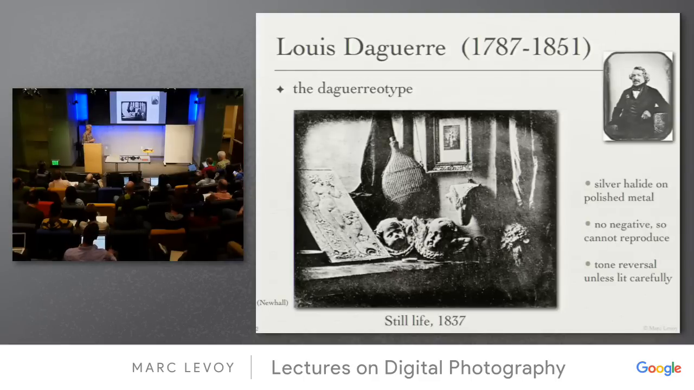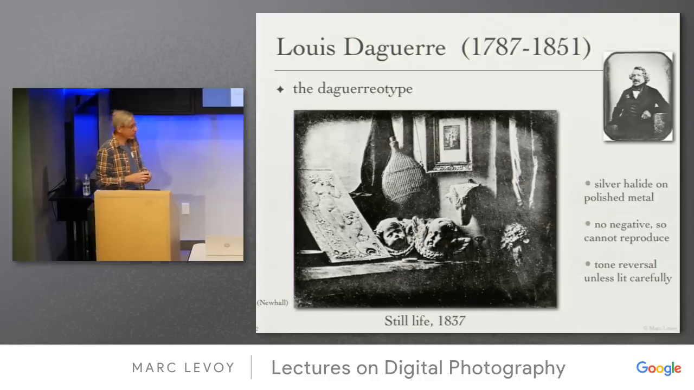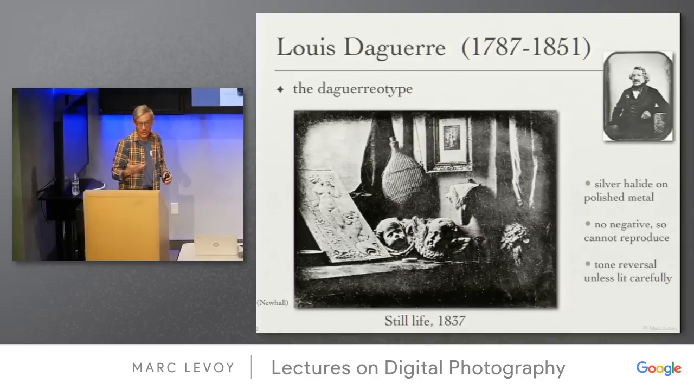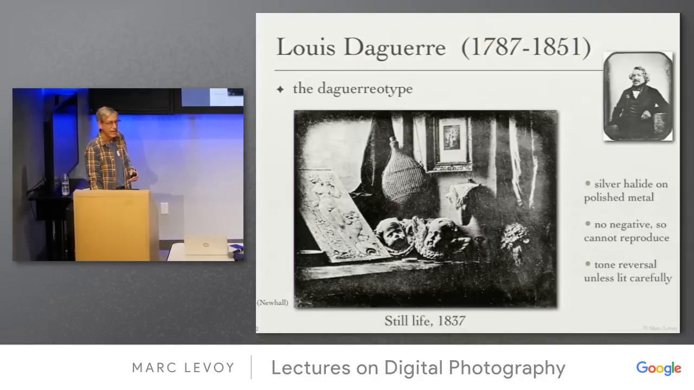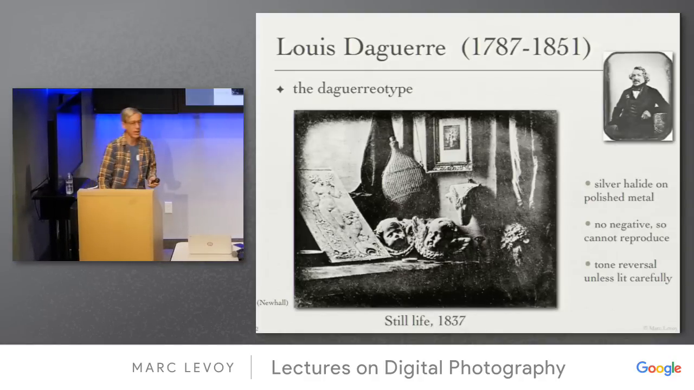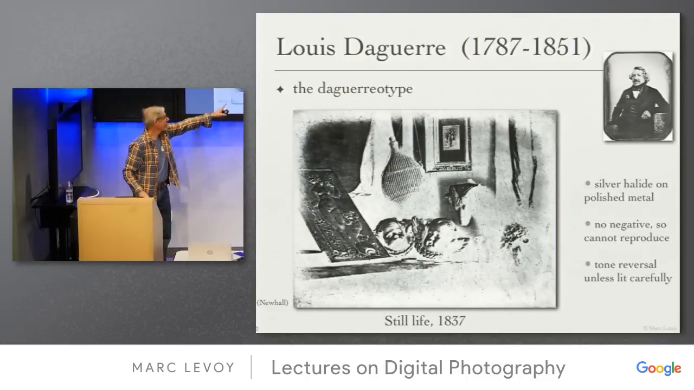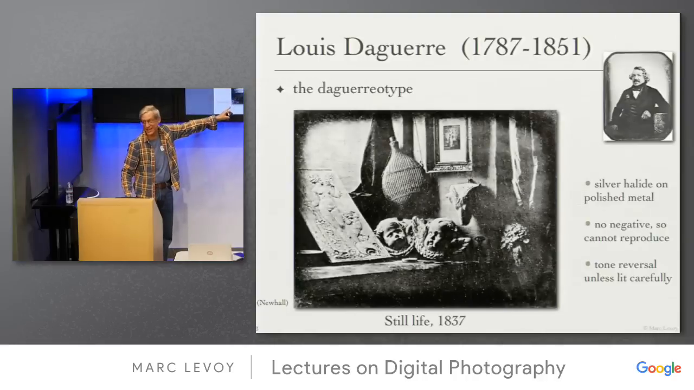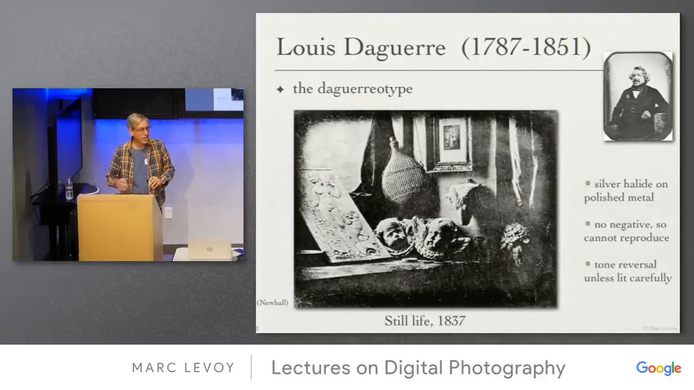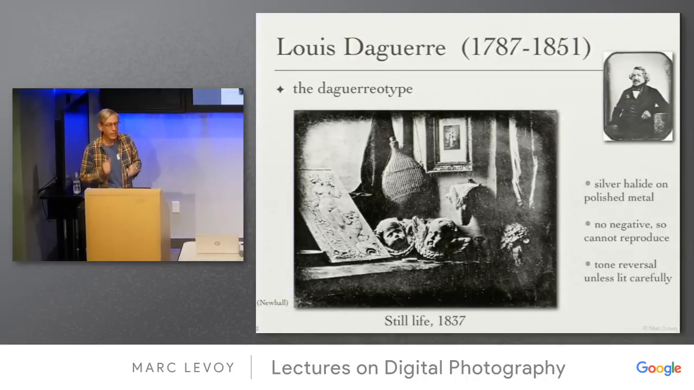Nasty process. It produces no negative. It's done directly on a metal plate. And so it looks like this. One of the problems with this, aside from the fact that it produces no negative, is that if you've ever seen a daguerreotype, if you move your head, you'll get this kind of reversal that I've simulated here in Photoshop. So it's a peculiar thing to look at, but it has very high detail,